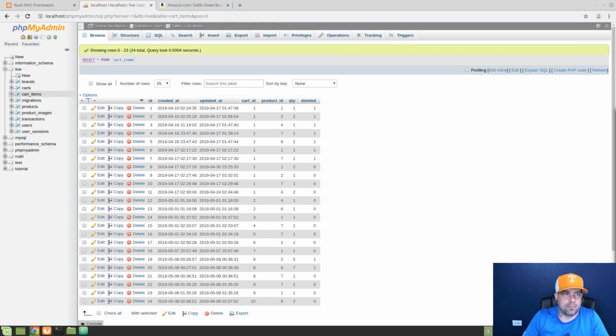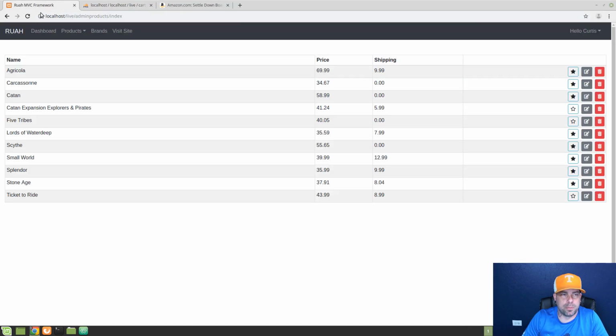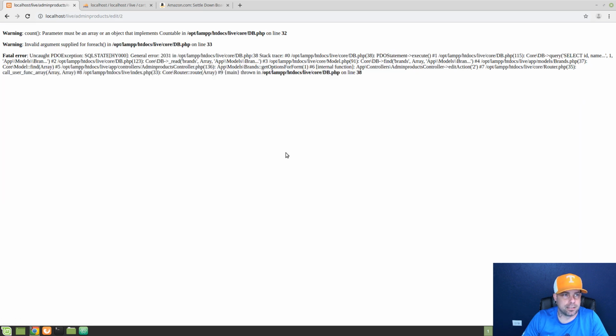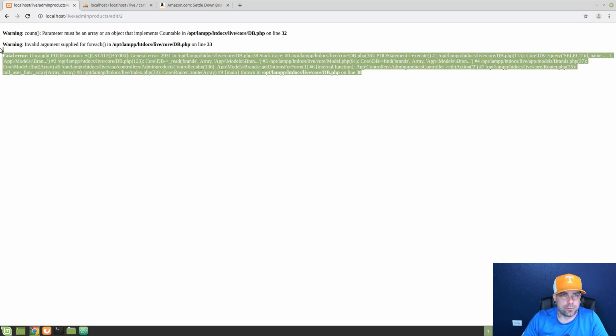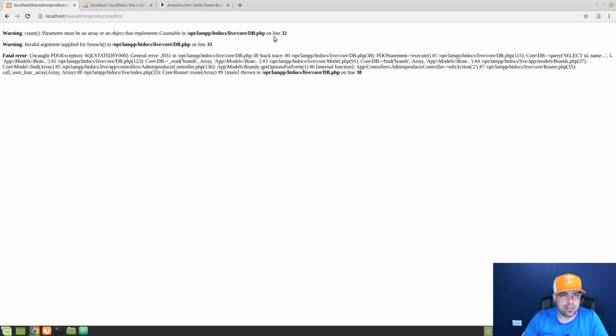And let's just talk about the bug fix first. So if I go into the back end here into the admin area and I go to products, this will break at any point when I try to edit any of these. So if I click on edit or I try to view it or whatever, we do have an error here,